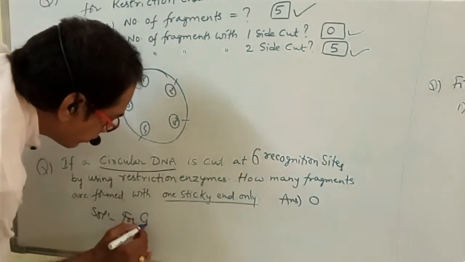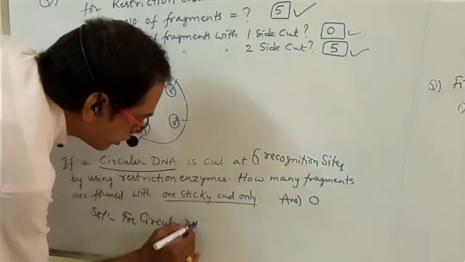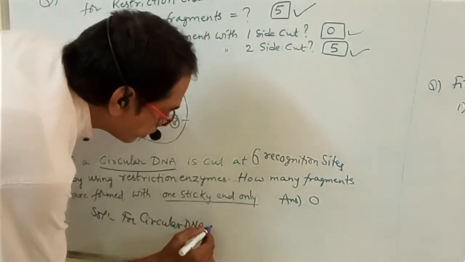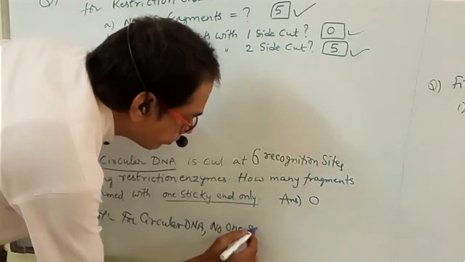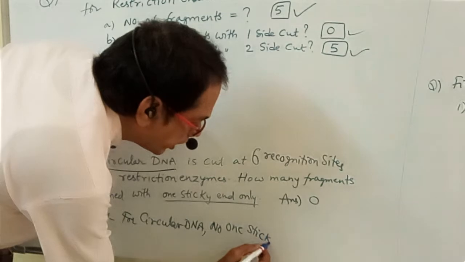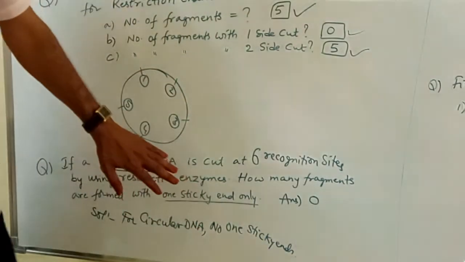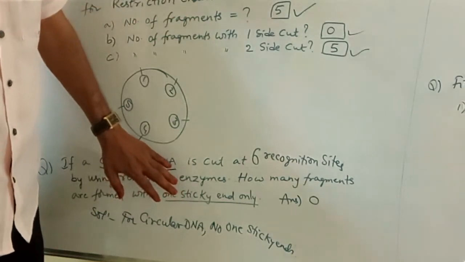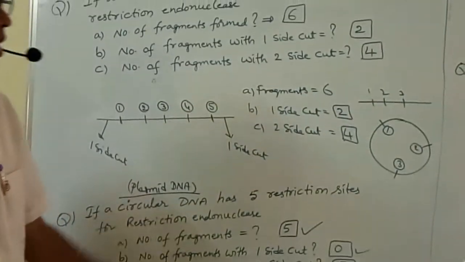So for circular DNA, there are no one sticky ends. For circular DNA, there is no formation of one side cut, one sticky end fragments. Right. Next,